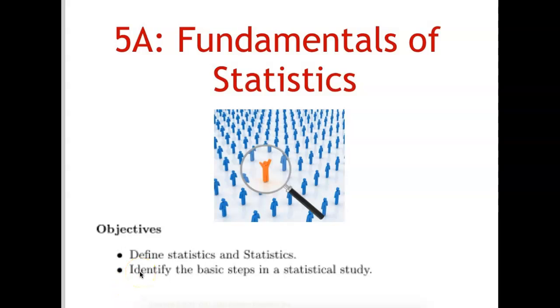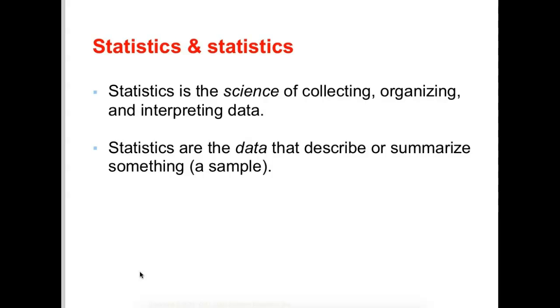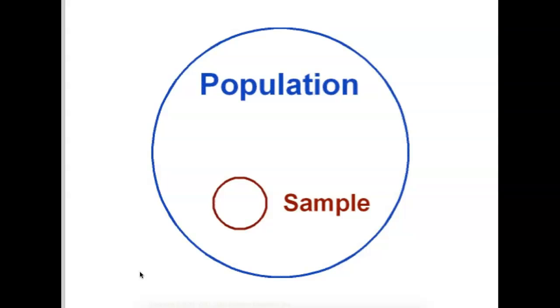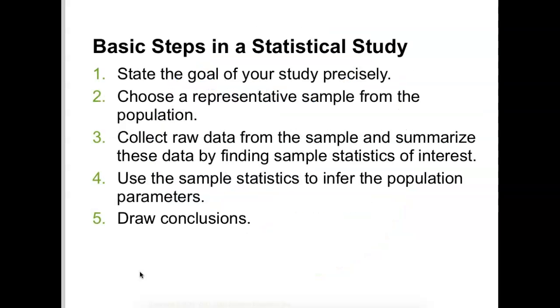All right, so last time we talked about the fundamentals of statistics. We kind of defined some basic terms. So statistics, capital S, the science, and statistics, lowercase s, are the actual computations you make from a sample. We got parameters and statistics. And the basic idea is you take a sample from a population of interest, make some calculation based on that sample, and you use that calculation to estimate the parameter that you're trying to figure out about the population.